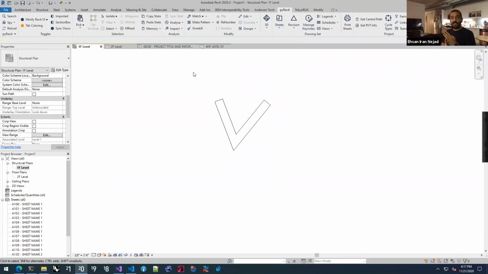pyRevit can also run C# and Visual Basic .NET. It's not limited to Python only. But by far, Python is the easiest one to use and easiest to pick up. And it's a really good way to sketch out the idea for your tool. Maybe you create a tool in Python like this, very simply, and you test it, you share it with a couple of teammates. And once you figure out that this is a really good tool and it's really valuable and saves you a lot of time,